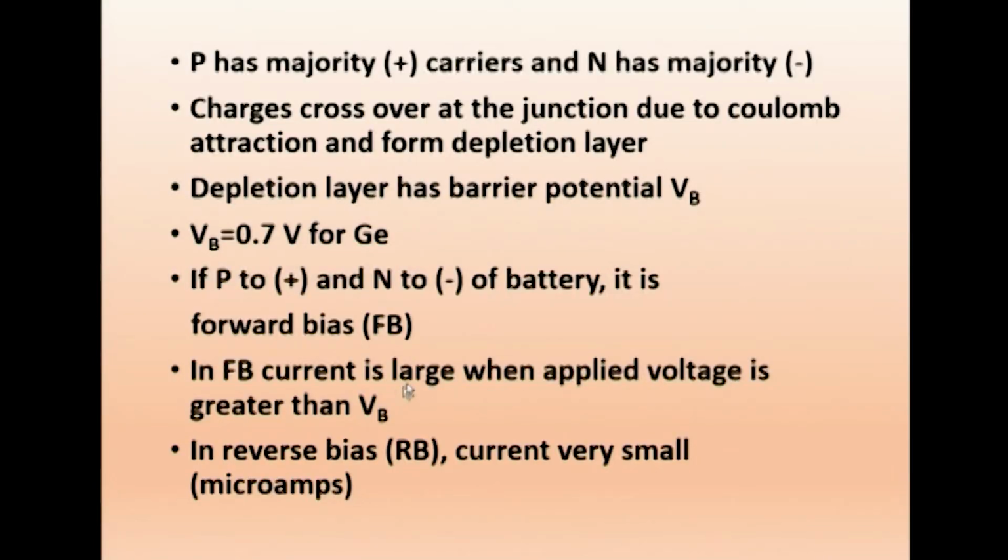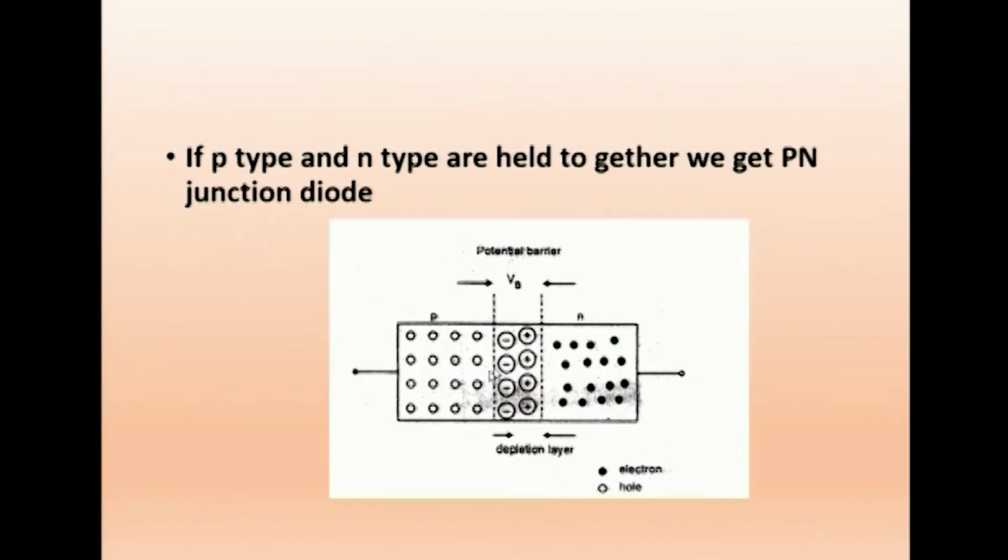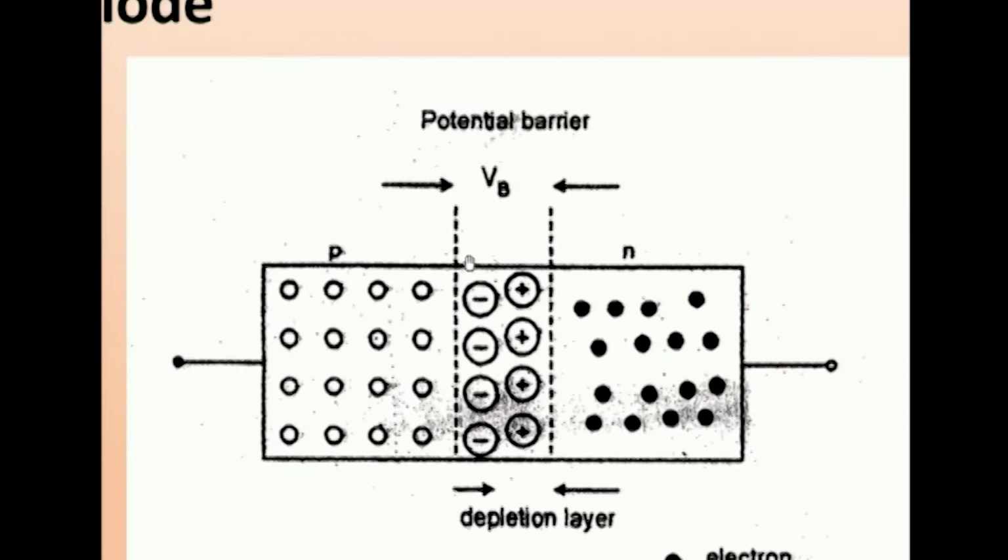So here already in the diagram we have seen, this is like a small battery. One side is negative and the other positive. So this is P. Here we are connecting this P to positive, this N to negative. So there will be a large number of positive majority carriers. All will go towards the negative of the battery. All the negative electrons will move towards the positive of the battery. So a large current will be produced.